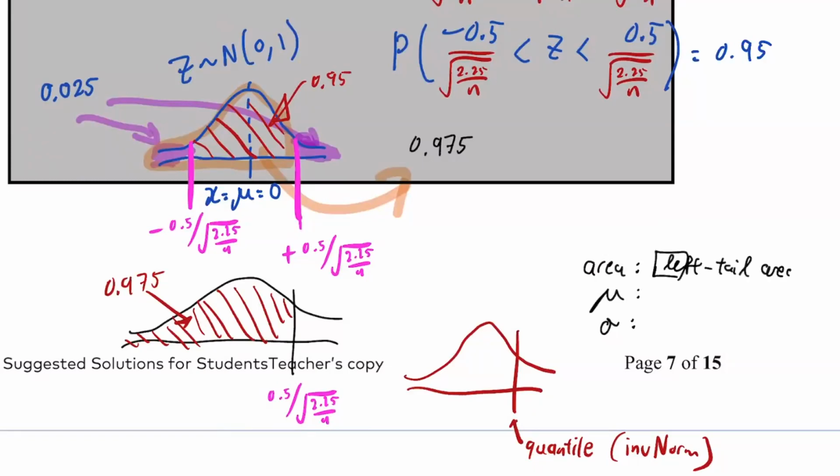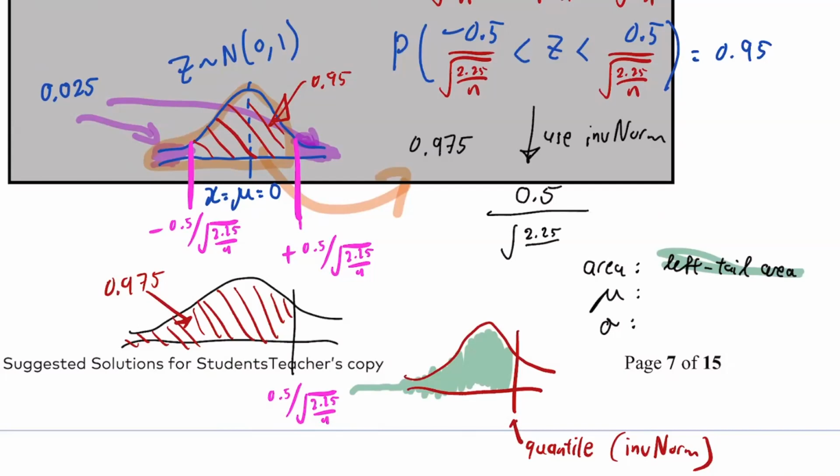What do I mean by left tail area? What I mean is this area I'm about to highlight in green color. Can you see or not? This entire green area is what I refer to as the left tail area, which is why I calculate this 0.025, this 0.95, add them together to give me my total 0.975. Then finally use the inverse norm function. Then you will be able to obtain 0.5 over square root 2.25 over n to be equal to